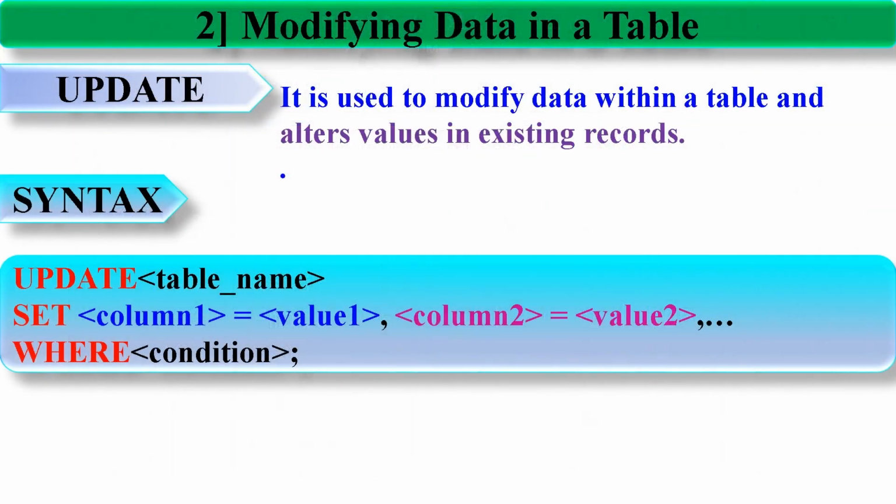Let's learn how to modify data in a table. To modify data within a table and alter values in existing records, we use the UPDATE statement. The syntax is, UPDATE table_name SET column1 = value1, column2 = value2, and goes on, WHERE condition;